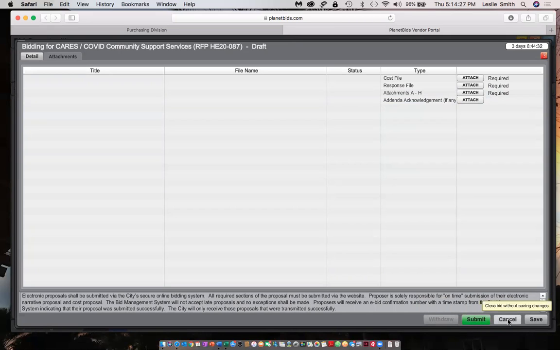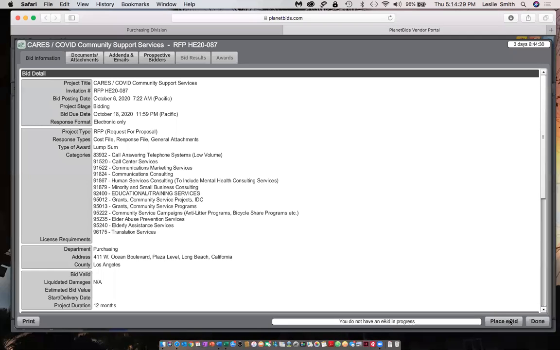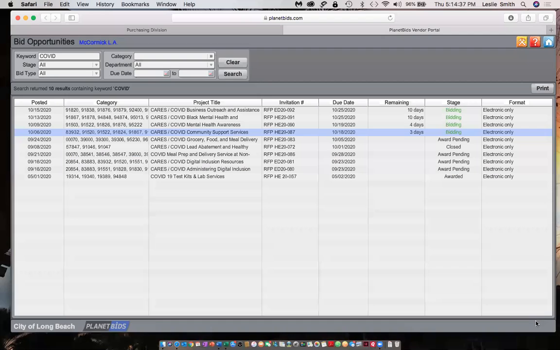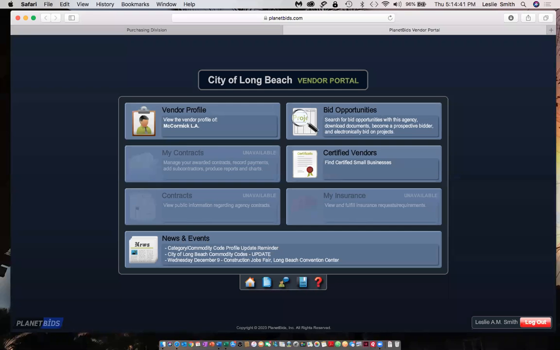I'm going to push cancel because I'm not bidding. And you go back here. So I'm going to say we're done. And I'm going to go to home and I'm going to now stop. So I'll push the red